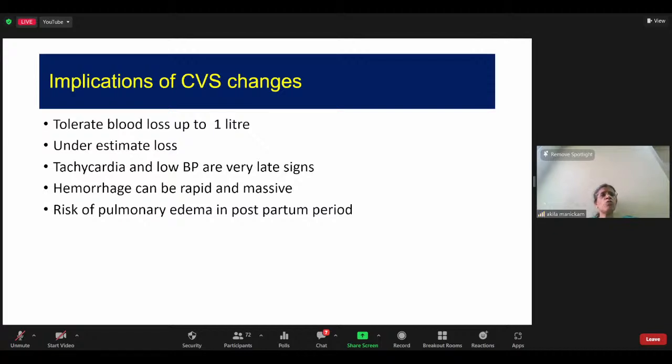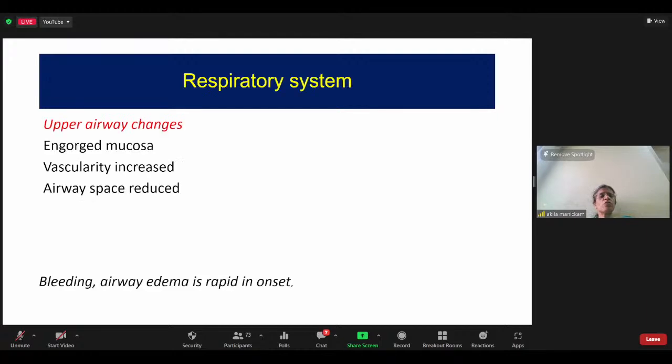It is better we co-load them, and not with around 20 or 30 ml per kg. You give a routine 3 ml per kg of crystalloid. You start your spinal anesthetic and you treat your hypotension with your vasopressors. And now the recommended vasopressor of choice is an alpha agonist, namely phenylephrine, depending on your heart rate and BP. These things will avoid pulmonary edema in the postpartum period. Then there should be, as I told you, vigorous treatment of hypotension with your vasopressors.